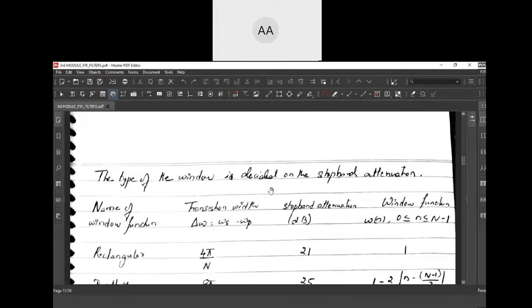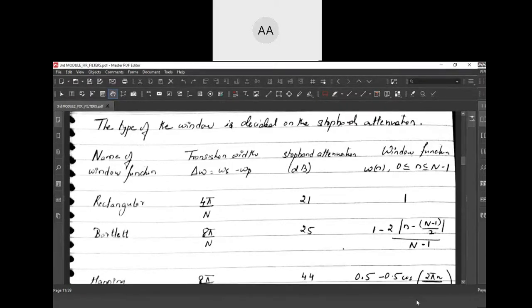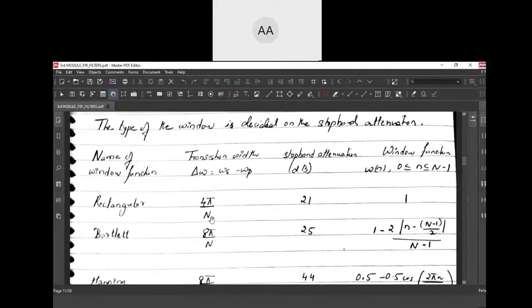Can you see this, students? Yes, ma'am. So these are the different windows that we have. Here the transition width of the filter is given to you. You can make a note of this because we look at this and then choose the window even in the problems.